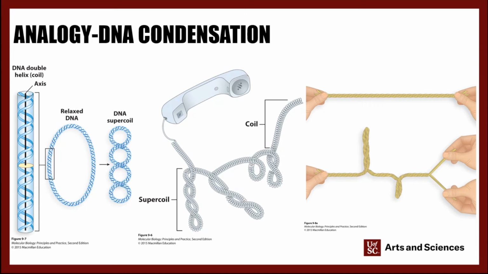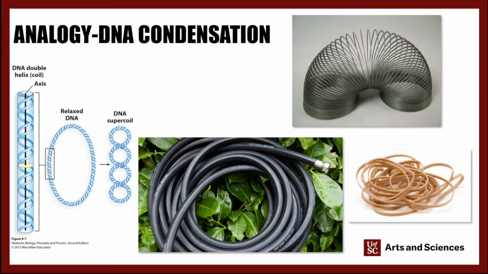So you've got two or more strands of material wrapped around each other, and if you add twists or you pull the two strands apart, then the rest of the twine is going to compensate physically. But again, the students are kind of like, okay, I don't really mess with twine. And so I try to offer even more examples. And so I introduce things like the use of slinkies or a garden hose or rubber bands, or a lot of times I have a hair tie on my wrist.